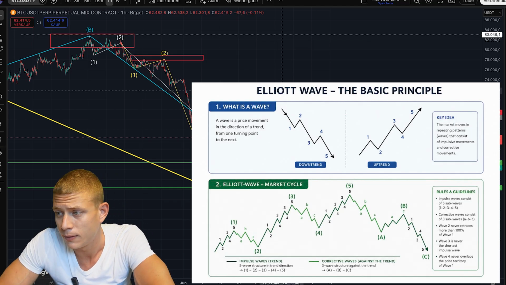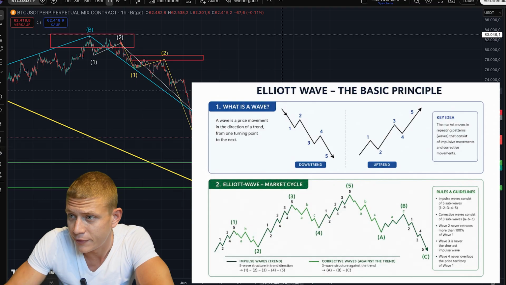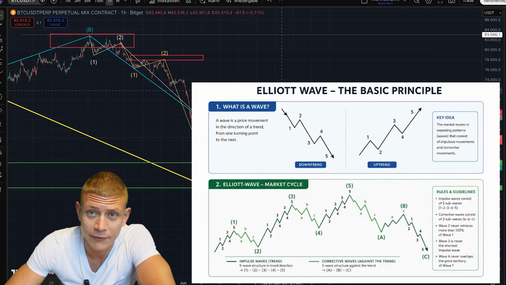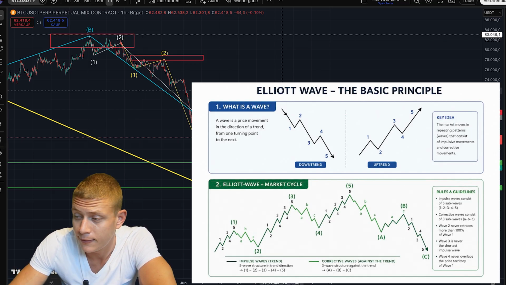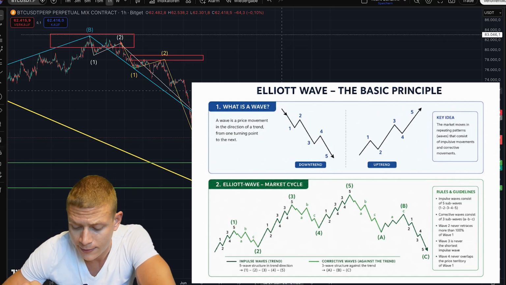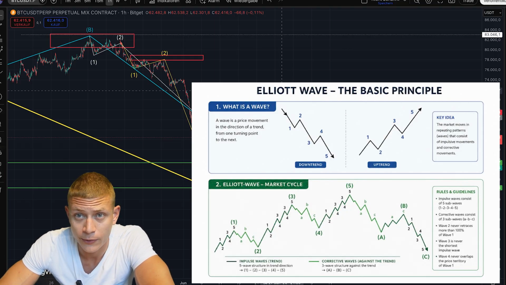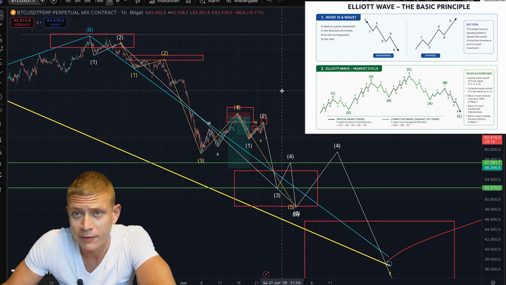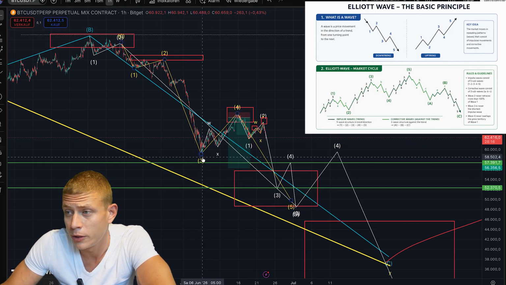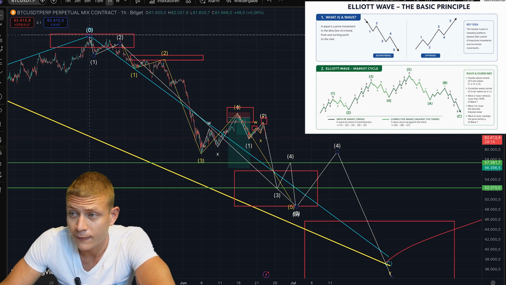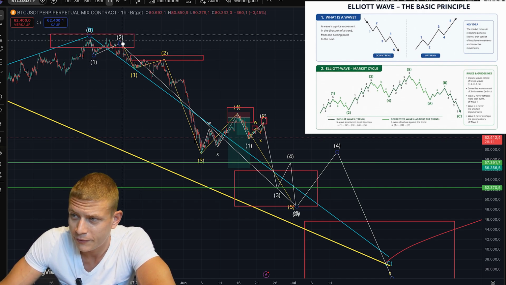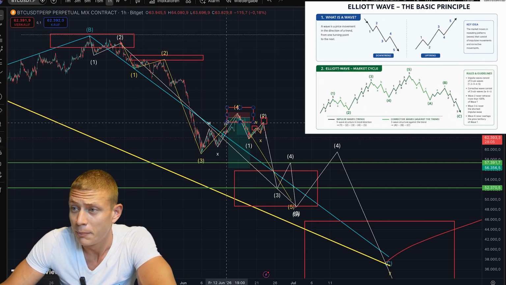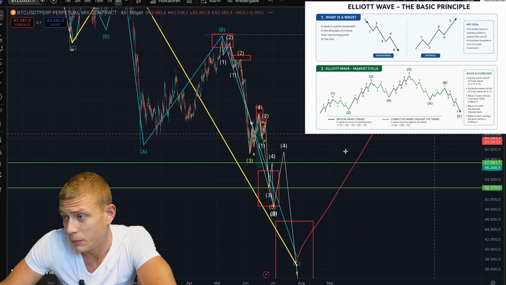First of all, I want to give you an understanding of what even a wave is. There are several waves, like all of the charts are based on the Elliott Wave theory waves, and your job as a trader or analyst is to identify which one we are in. In order to do that, there are certain ways every single wave can develop. Basically, a wave is just a price movement from one turning point to the other. So as you can see, this downwards movement was a wave, this upwards movement was a wave, the downwards movement was a wave, the upwards movement was a wave. But overall, if we take a look at the bigger time frame,